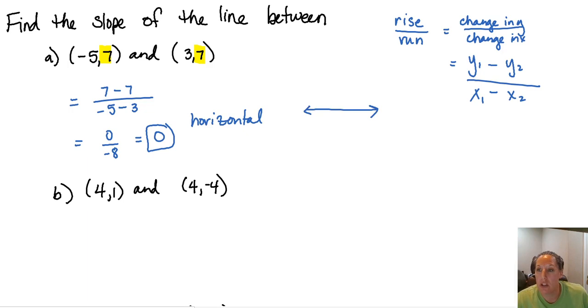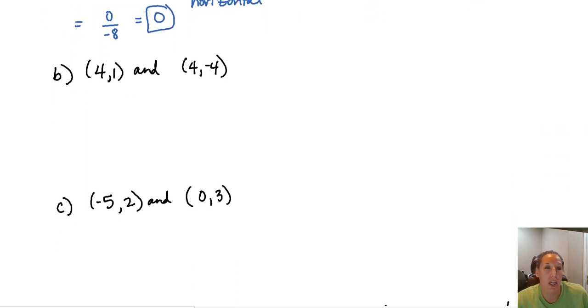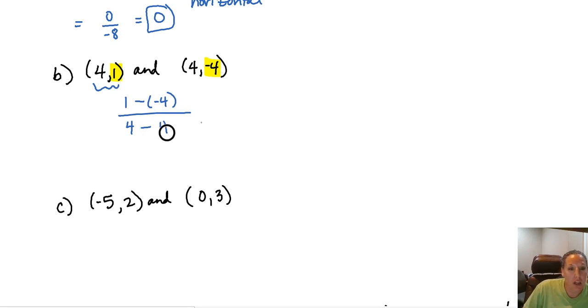All right, if we look at this second set of points doing the same thing, we have the point 4, 1 and the point 4, -4. Again, we want to subtract our y values on the top. So 1 minus -4 on the top. The 1 was matched up with the x value of 4, so it's going to go right below it. And -4 was matched up with 4, and so we're going to have a 4 right below that. When we simplify that, 1 minus a negative is going to be 1 plus 4, so we get 5